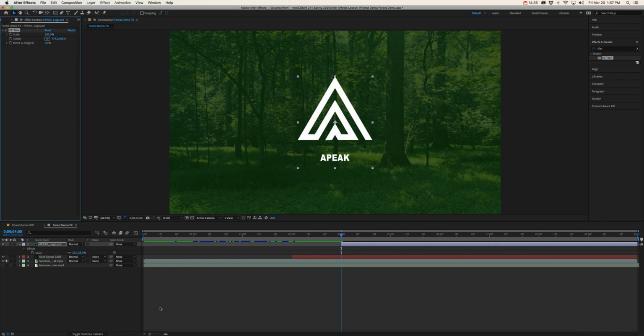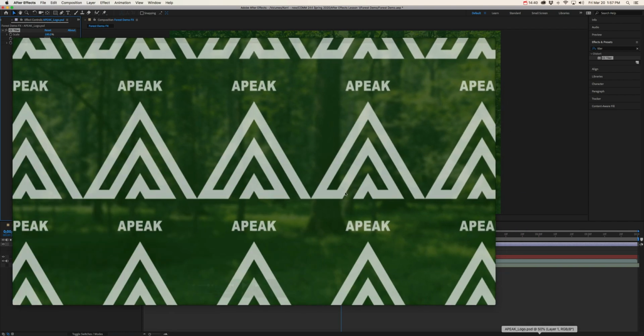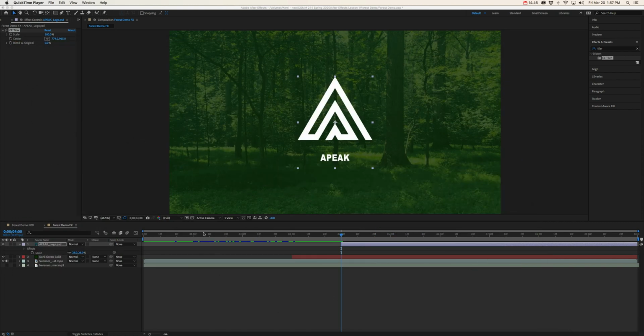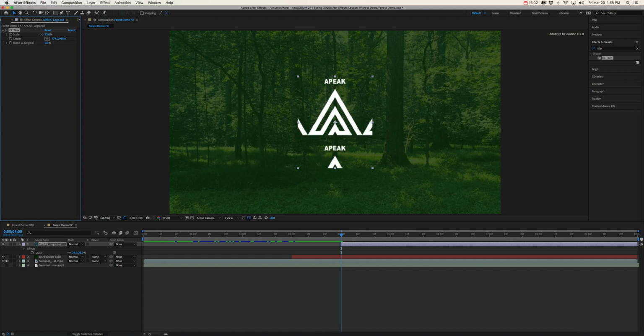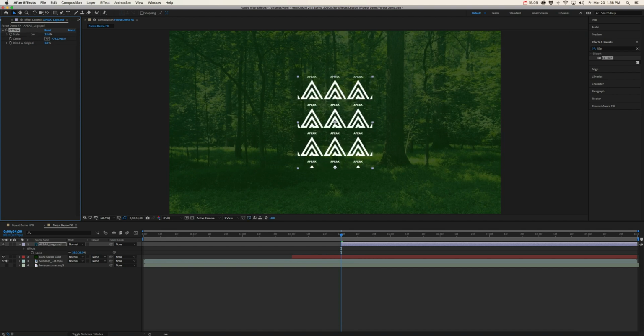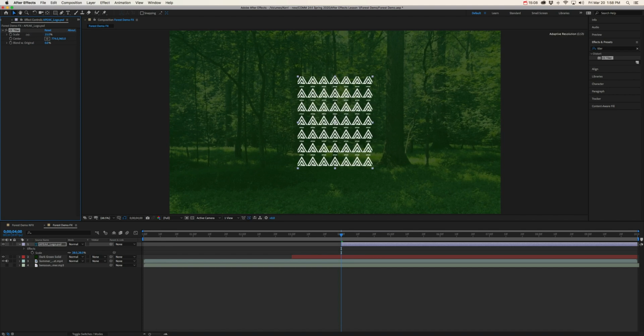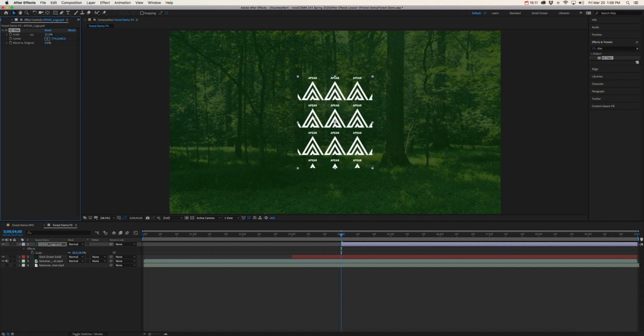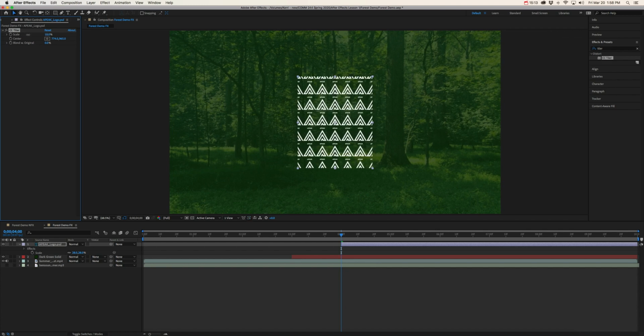Okay, so in order to make this look like multiple logos, we're going to play with our Scale keyframe. Now, anything that has one of these stopwatches next to it indicates that it can be keyframed. So I'm going to start by playing around just to see. Okay, so you can see that I am getting this tile effect, but it's only happening within this little box